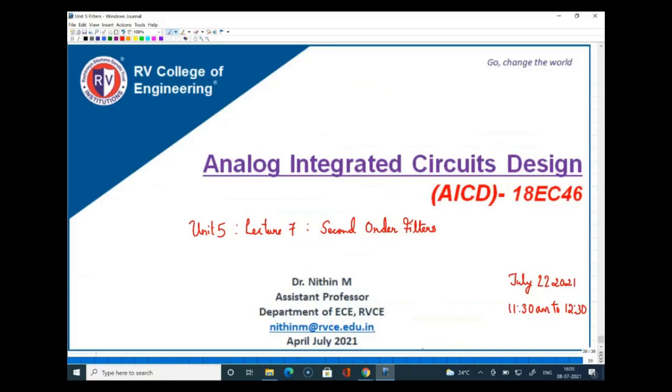So in today's class, we will continue the discussion, and we will specifically look at the implementation, like how we will implement second order filters. Today we will discuss passive, and then we will go for active implementation. Before that, one more thing I just want to touch here, that is again with the LC, because this will be useful when we again start our oscillator discussion in unit 4. So I'll quickly look at the RLC realization part.